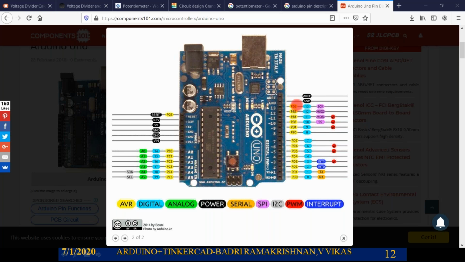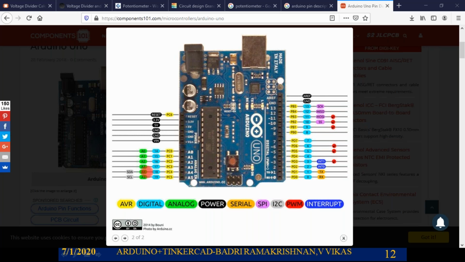We have a second ground, and the remaining 13 digital pins. These digital pins can also be used for other connections, that is receiver, transmitter, interrupt 0, interrupt 1, MOSI, MISO, SCK, SS, but I don't want to discuss all these things because once you get familiarized with working with Arduino, you can refer to them online easily. Right now we don't require those for basic circuitry or basic applications.